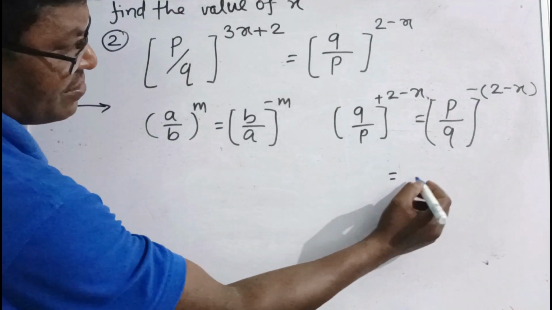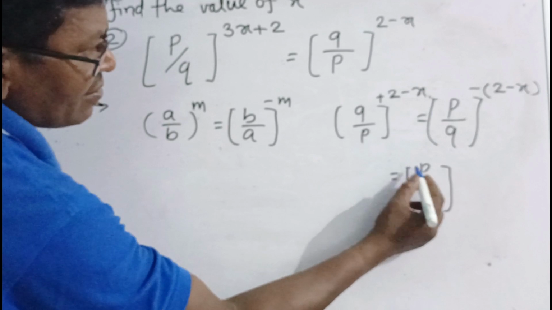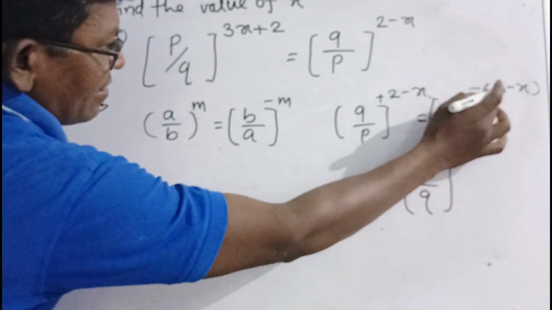Now it becomes p upon q raised to the power, ये 2 माइनस बन जाएगा क्योंकि